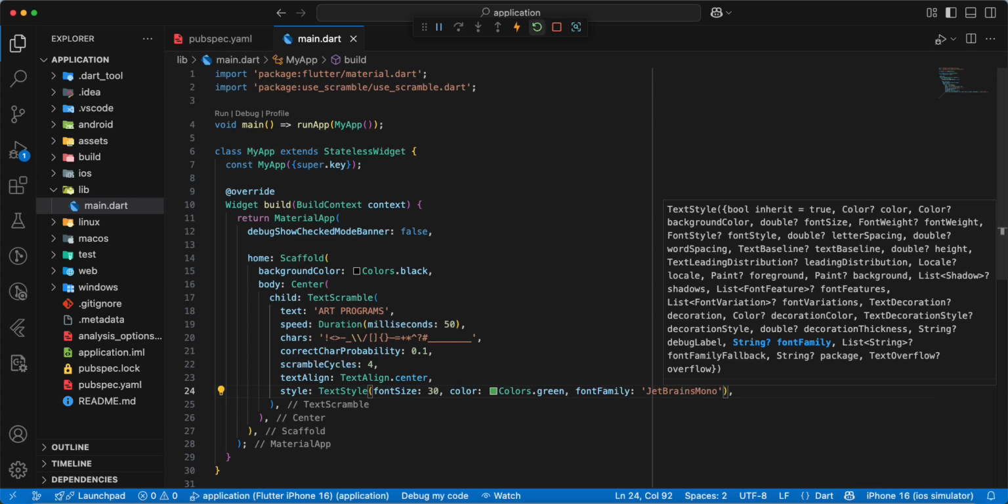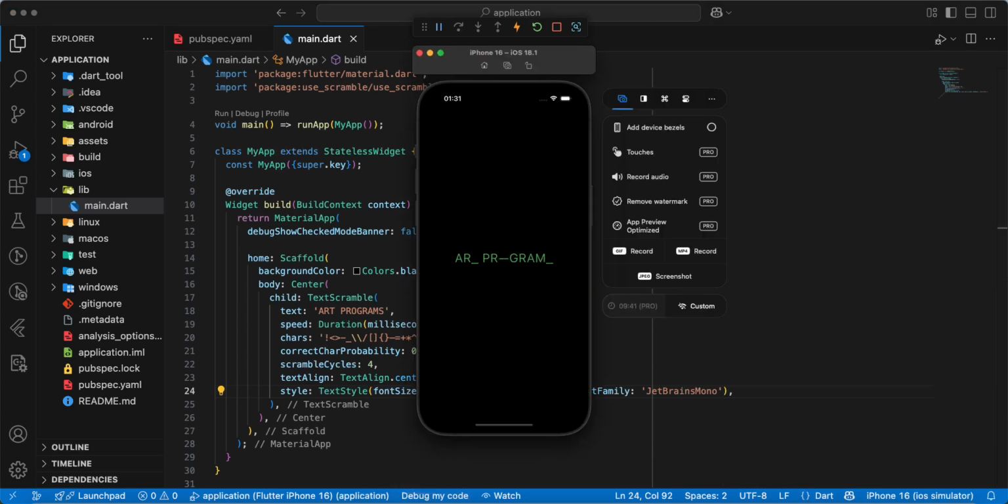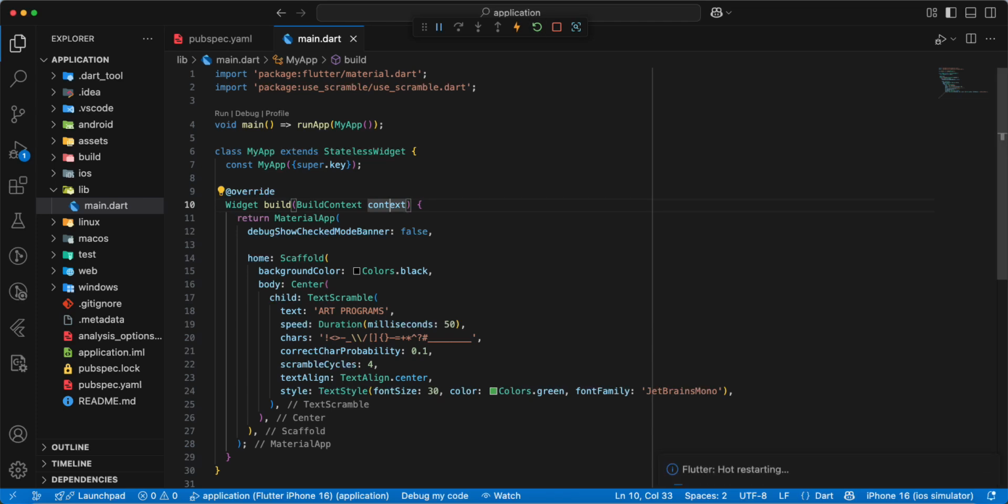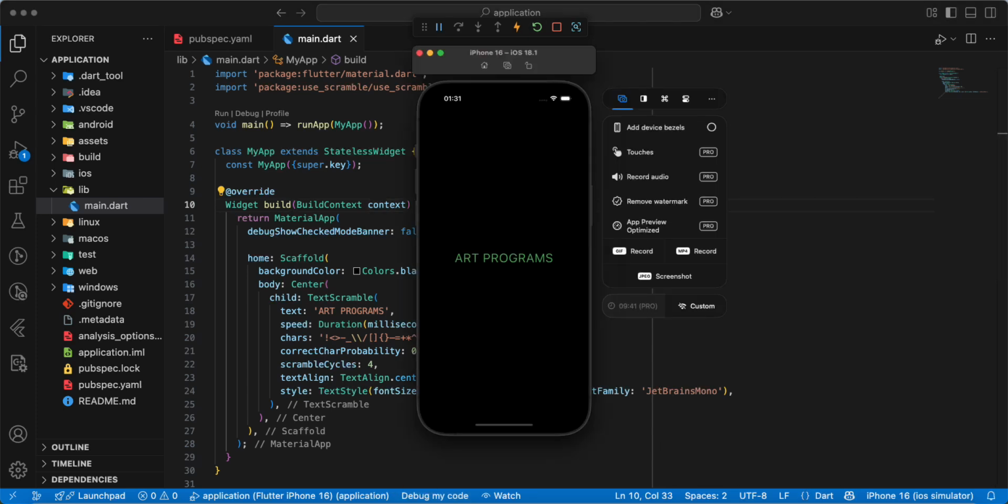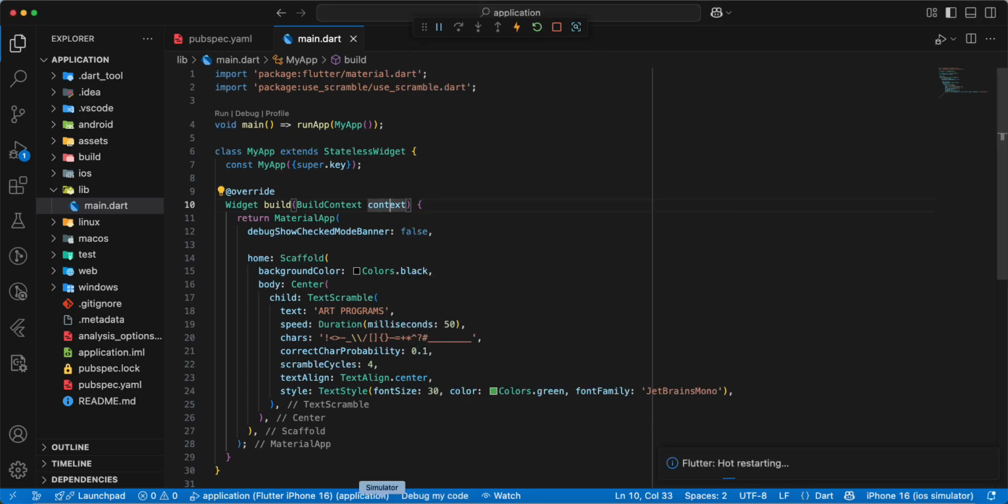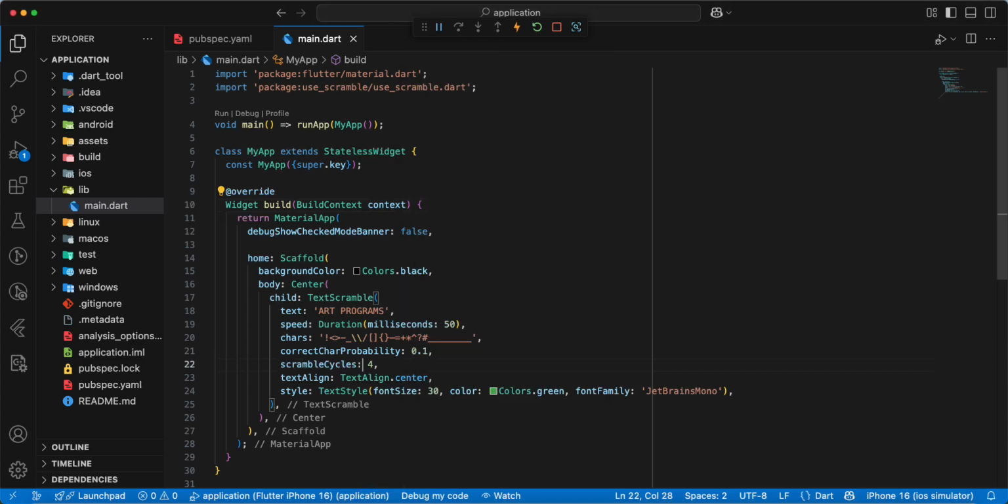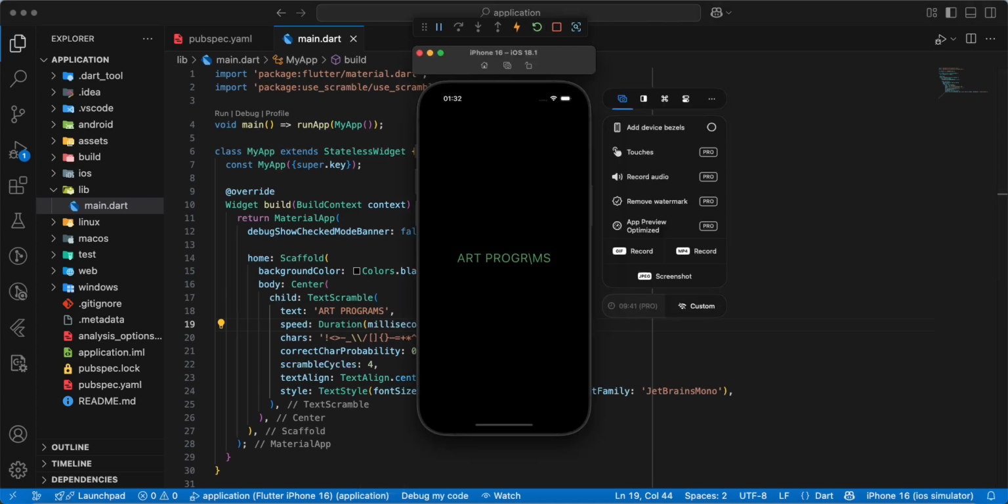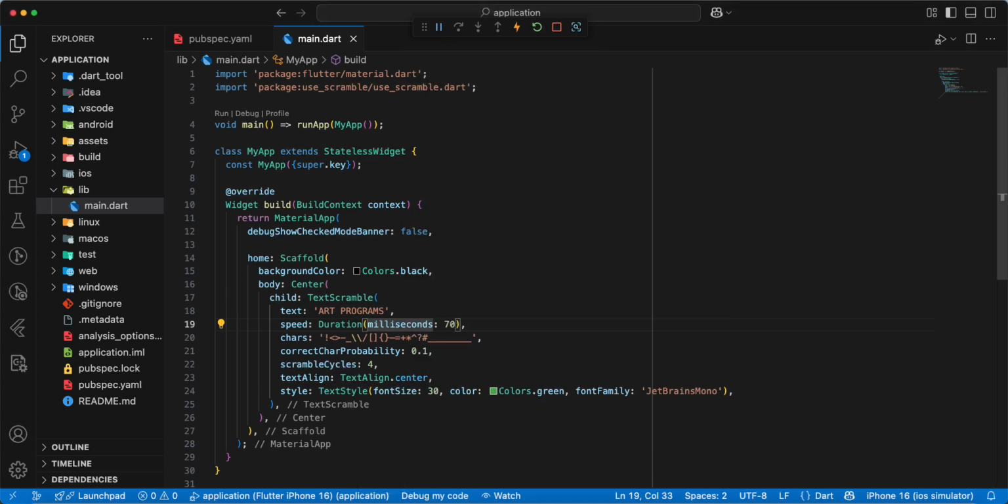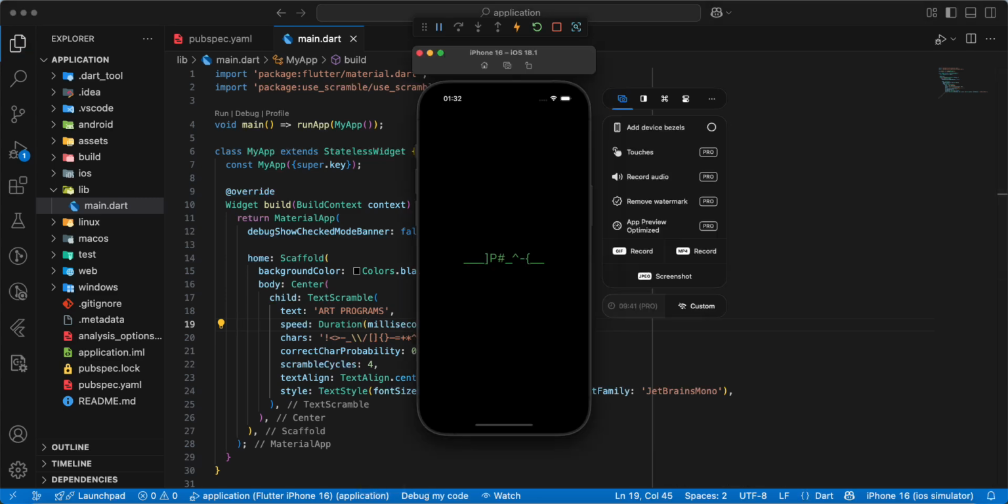Save, hot restart and open emulator. Change speed, write 70, and 100,